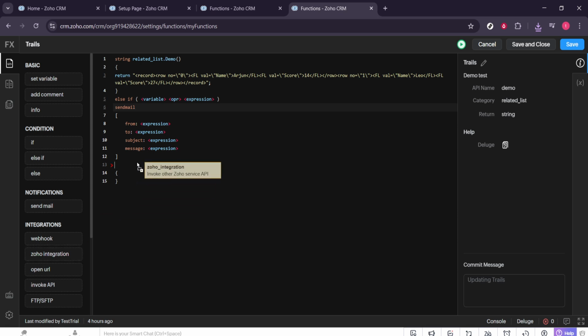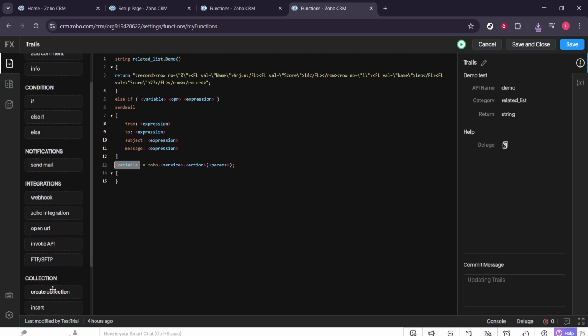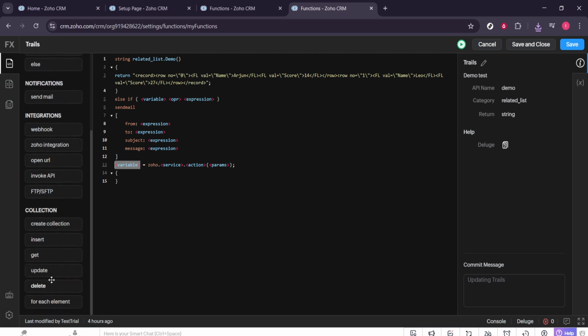As you write, organize your logic into small sections. Get inputs, fetch any related data you need, apply your business rules, and then write back updates only when required. Deluge offers built-in tasks like fetching records, updating fields, sending emails, and posting to webhooks, so lean on those